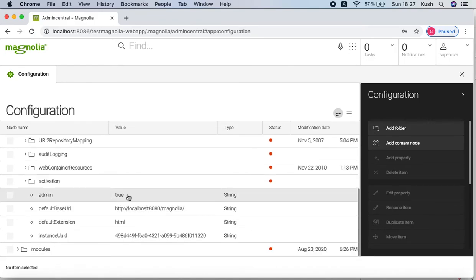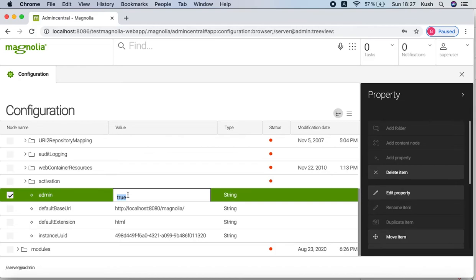Here you also find admin is true. For making this server public, we have to keep this false. After making it false, your server will act as a public server.